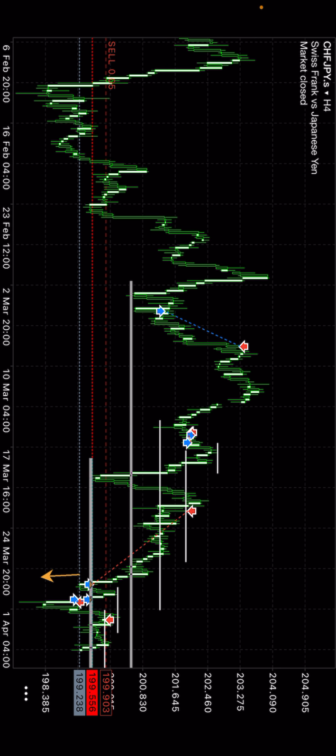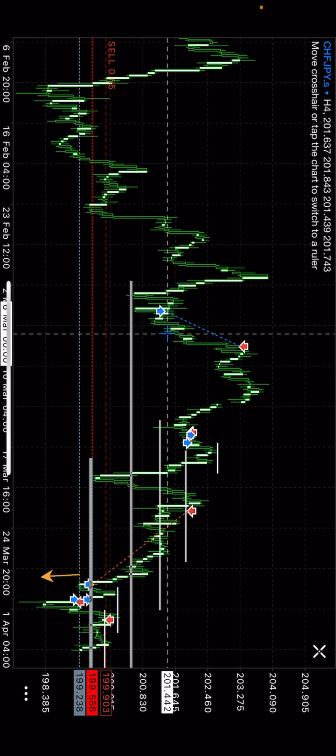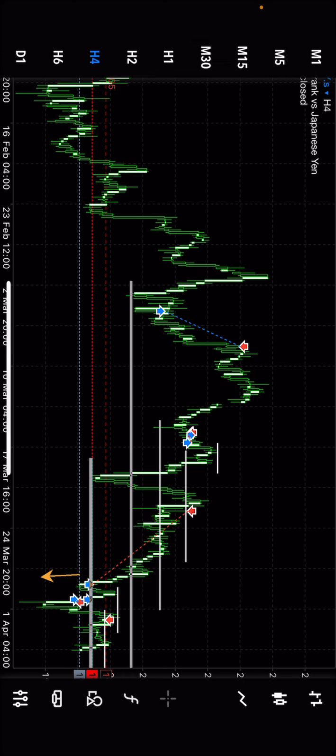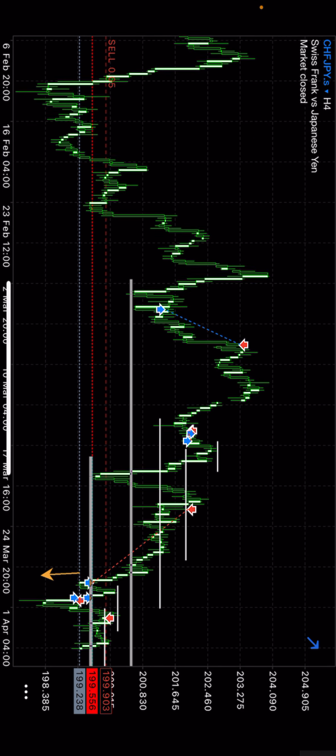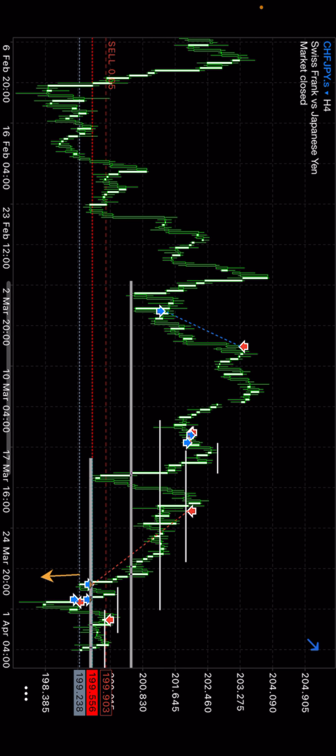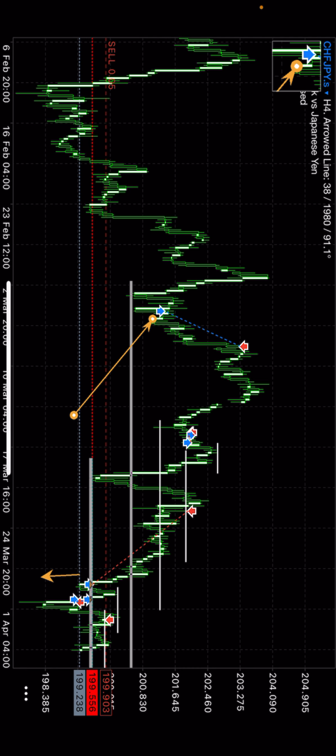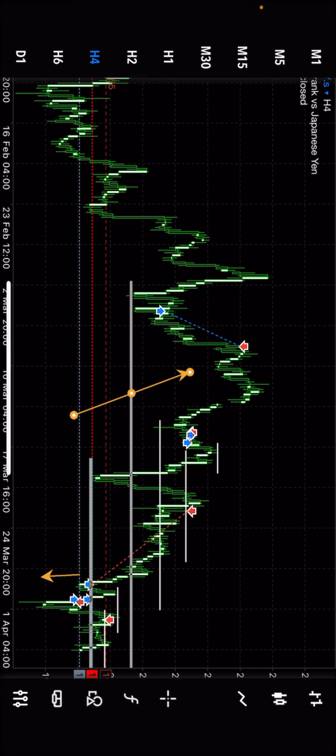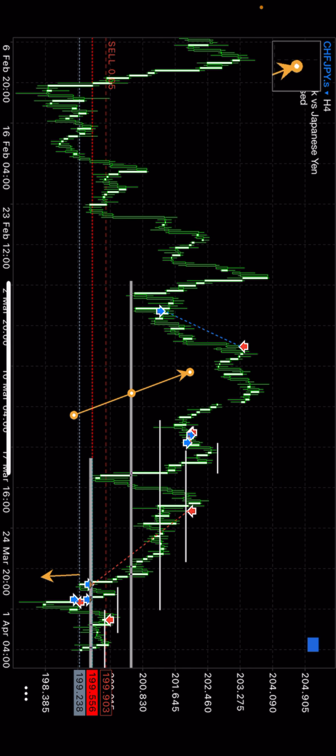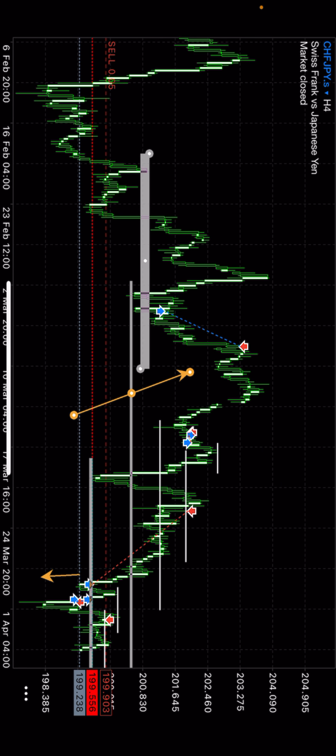So these were some trades I took last week. This is CHF JPY. I took this trade right here. This was a buy position, and this was my entry. This blue icon you're seeing right here was my entry, and this was my exit on this particular trade. So let me show you guys the analysis on how I was able to catch